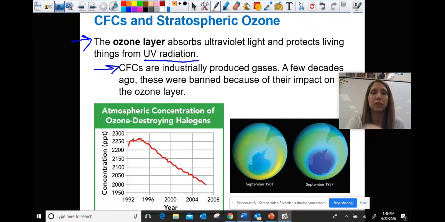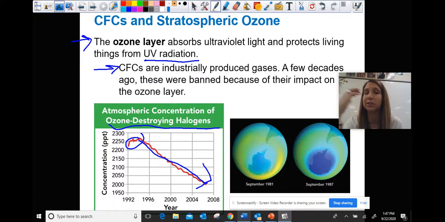So in this graph, you can see we've got ozone destroying halogens. Those are CFCs. This is the concentration of those over a period of almost 2 decades. If we look at the concentration back in the 90s, shortly after they were first banned, we have a huge concentration of these up in the atmosphere. And over time, since banning them, that's dramatically decreased, and in a very positive way. So in a lot of ways, this is an example of how scientific research can be used to drive positive changes in our behavior